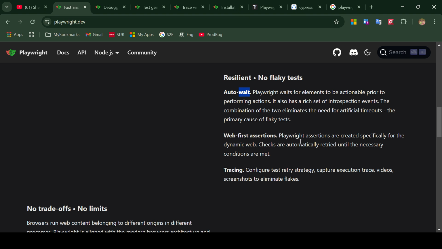Web-first assertions. Playwright assertions are created specifically for the dynamic web. Dynamic web, you understand. These are the modern websites. Everything is very dynamic. You have seen the Facebook page, right? You keep on scrolling, the new content keeps on coming. These kinds of things are happening in most websites. Everything is dynamic, things are coming from left and right. So it's very difficult to automate without handling the waits, and it's so complex. But with tools like Cypress and Playwright, it becomes very handy to handle such scenarios,